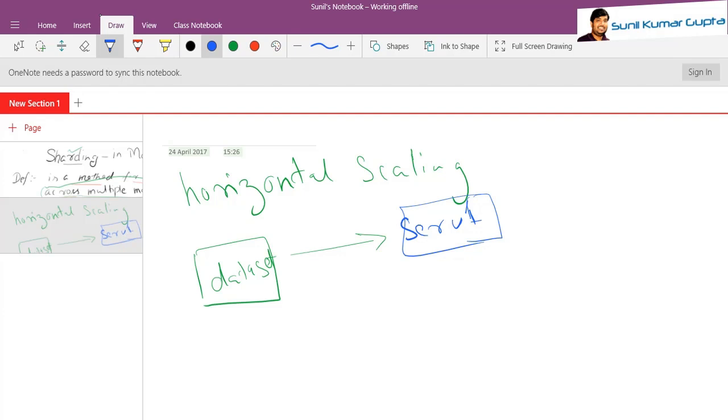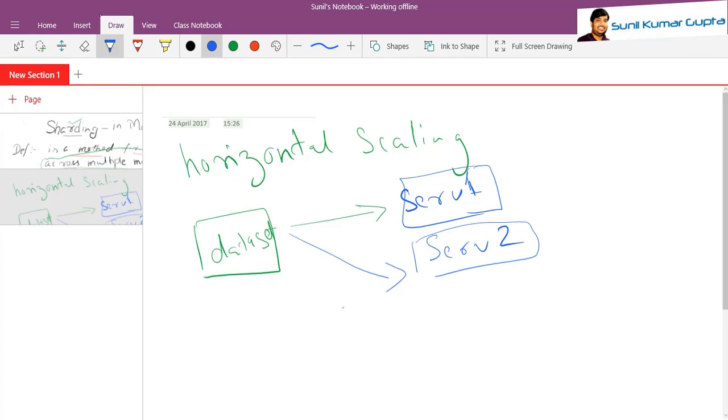We will add one more server, server 2, and we will distribute the data set over 2 servers. So vertical scaling involves increasing the capacity of a single server, whereas horizontal scaling involves dividing the system data set and load over multiple servers. So now we are dividing this data set, distributing it over one or more servers. This is known as horizontal scaling, and this is what MongoDB